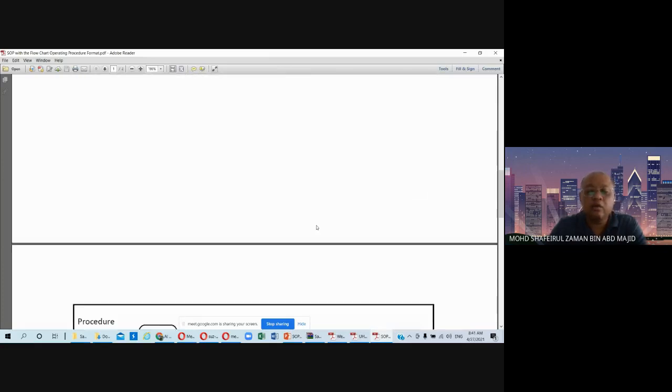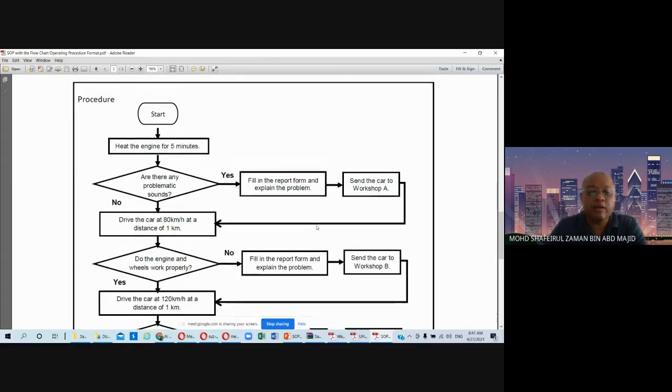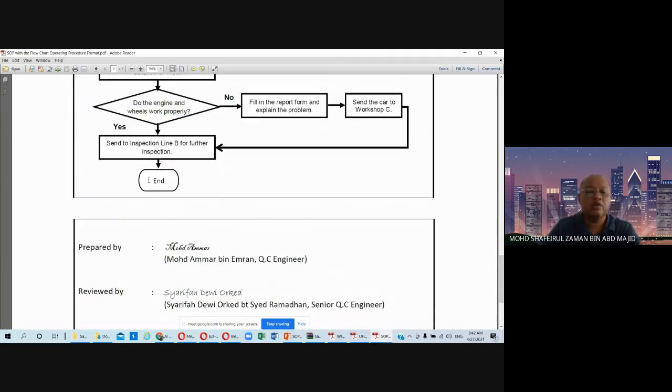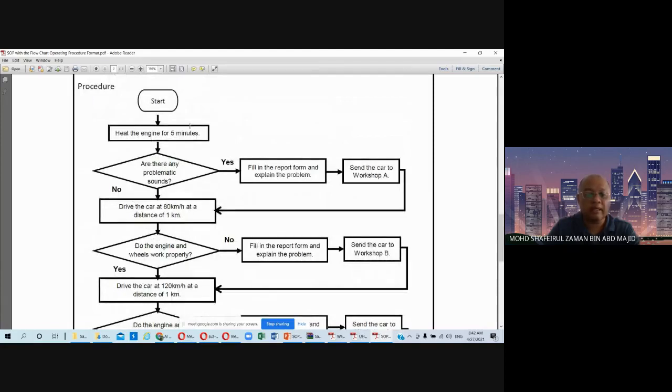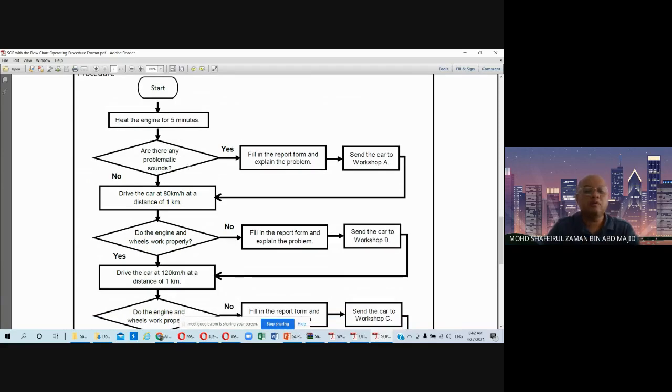So we have the flowchart here. The cylindrical shape represents the beginning and the end part of the process. Start here, and then the end should appear like this, in this particular shape. The rectangular shape is for the process itself or the procedure. So heat the engine for 5 minutes, that will be the procedure. Then you come to the stage of